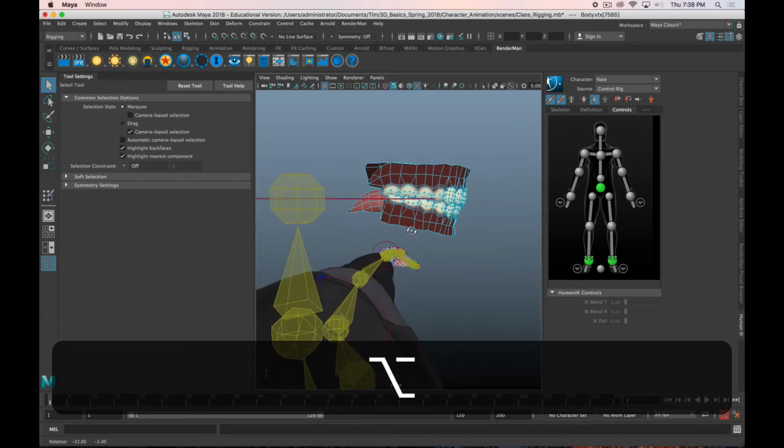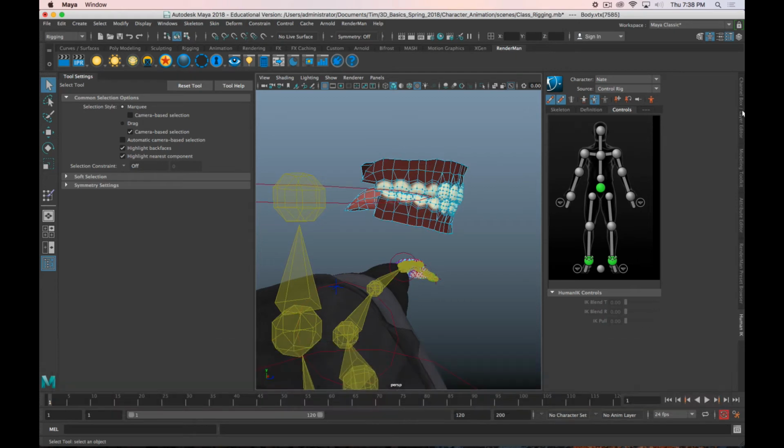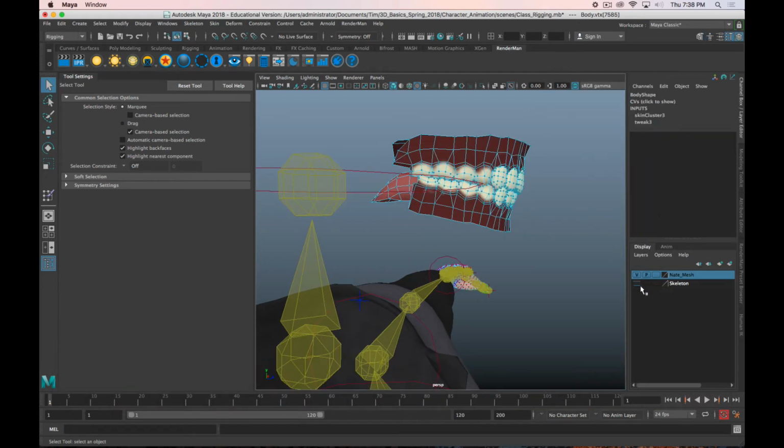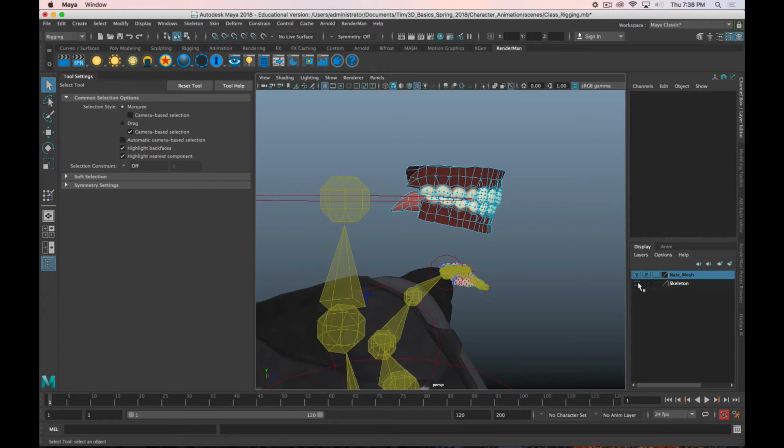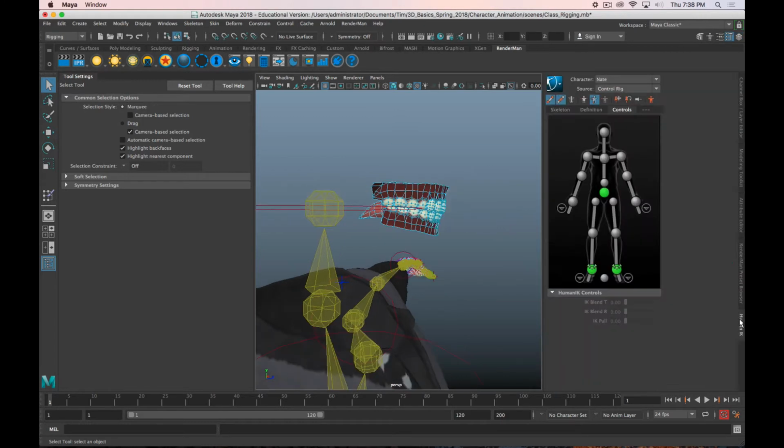And now, I'm also going to just hide my skeleton. Oh, it doesn't actually hide. Well, that's not helpful. All right. So now,